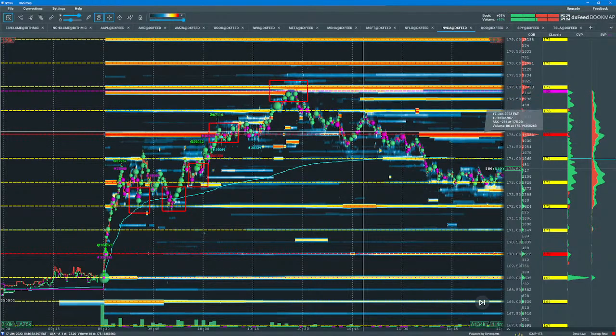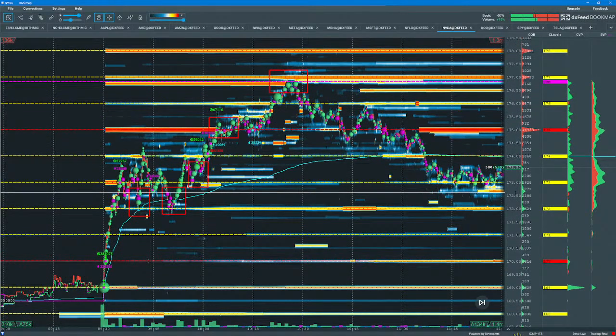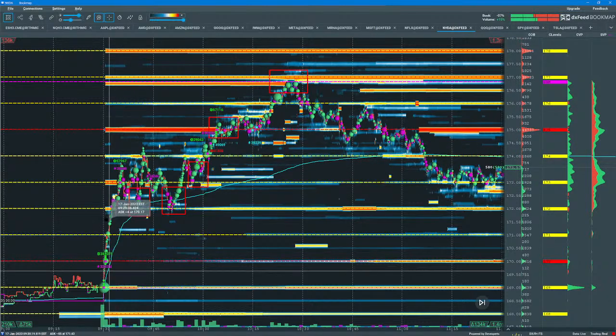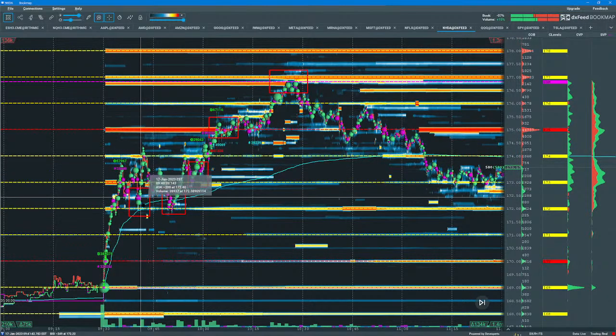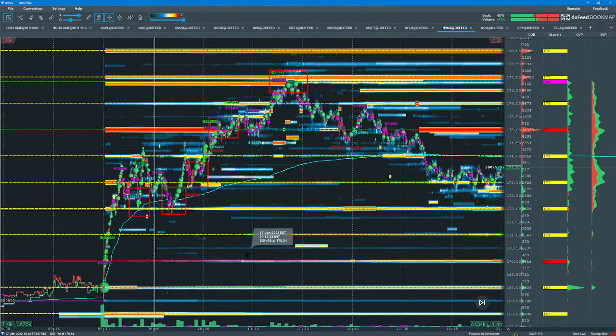So here's the morning setup. Pretty sharp uptrend. And it would have been pretty difficult to catch this first move, but there were a couple of nice pullbacks. This one close to VWAP, and this one just below VWAP, around the 172 level. So multiple pullbacks